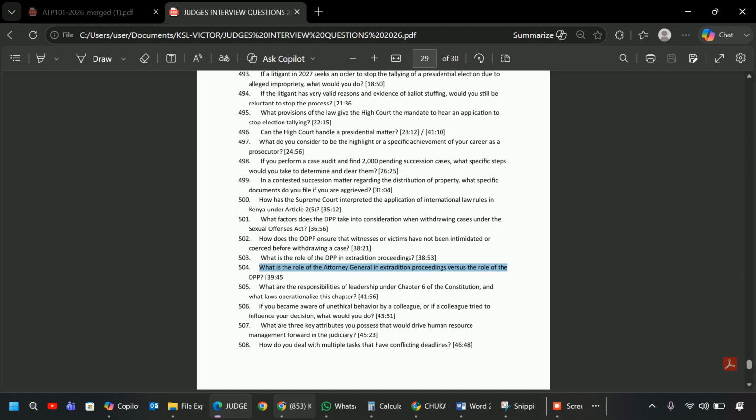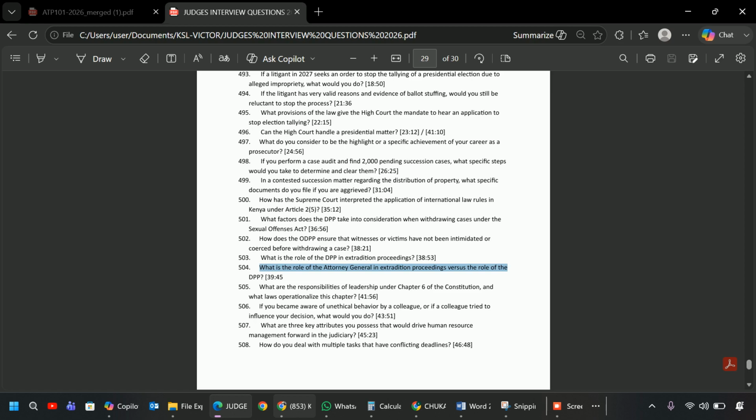So there are some statutory regimes that provide for this procedure. If you look at Section 9 of the Extradition (Commonwealth Countries) Act, it gives the DPP the power, or the authority, to proceed with a committal hearing pursuant to the courts. Then there is another provision of the law called the Extradition (Contiguous and Foreign Countries) Act, whereby if you read Section 13 of the same Act, it says that